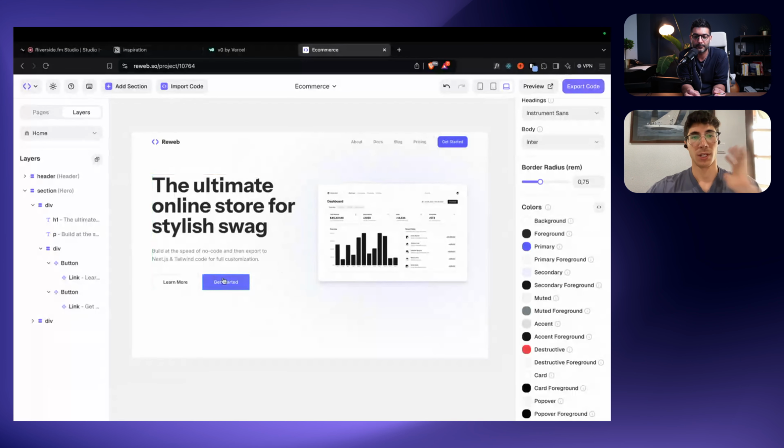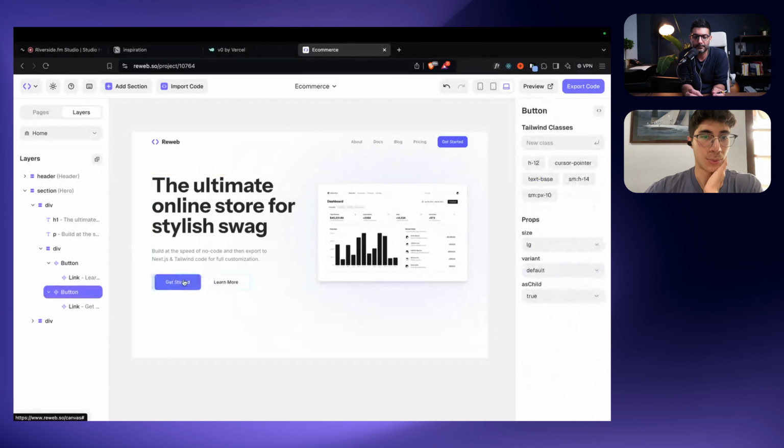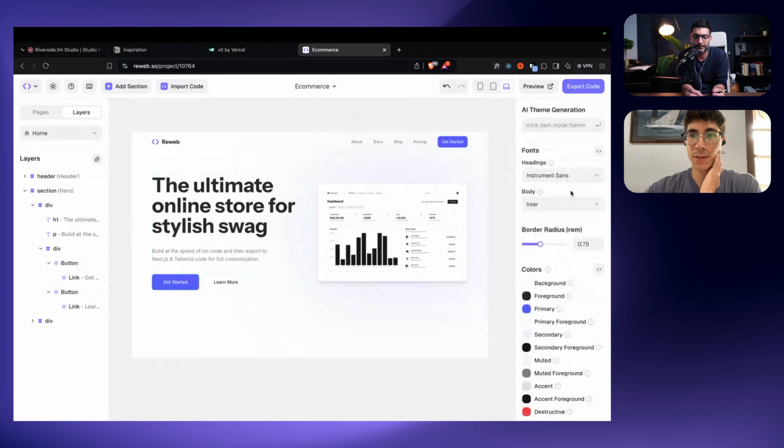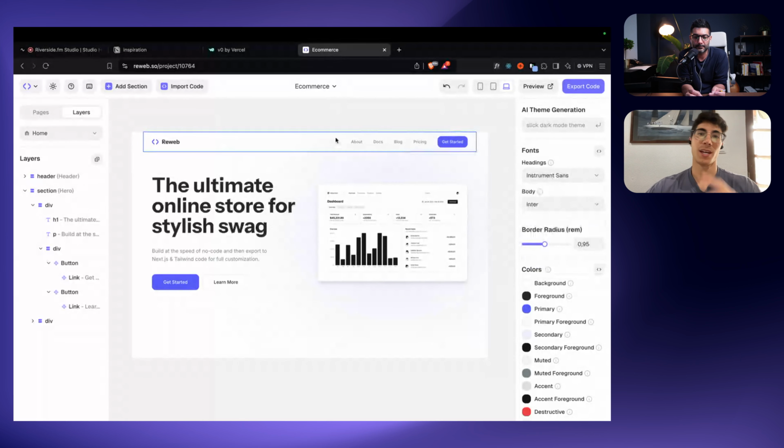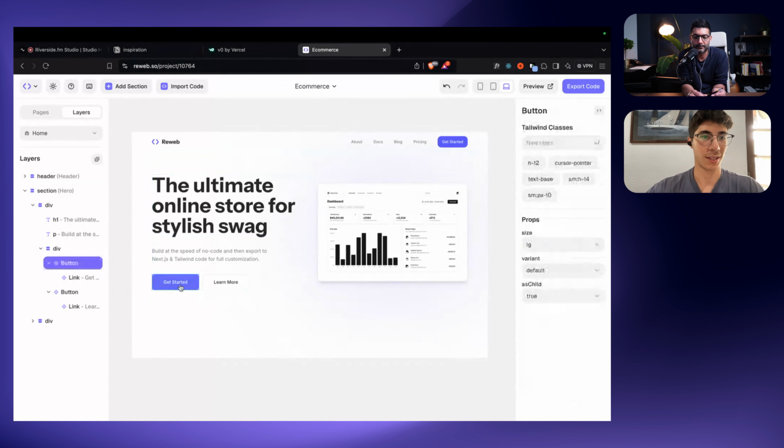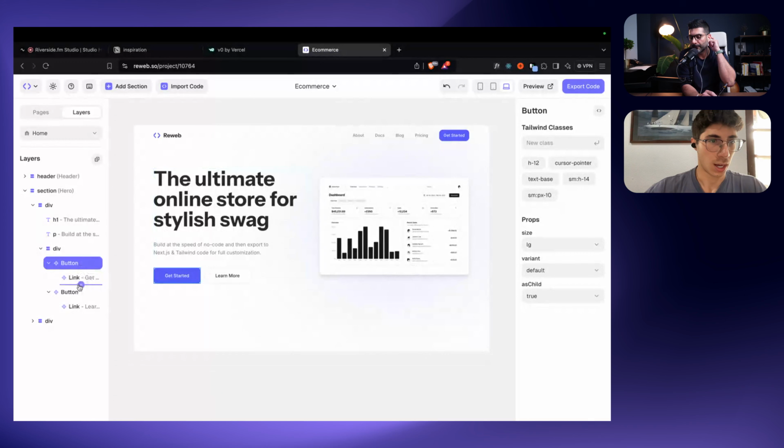For example, we can also drag and drop blocks and reorder them. We can play around with border radius. We can change fonts. I think that I like the one we had, so I'm just gonna keep that one. Okay, so let's get into making the hero section for our e-commerce. So before you jump in,